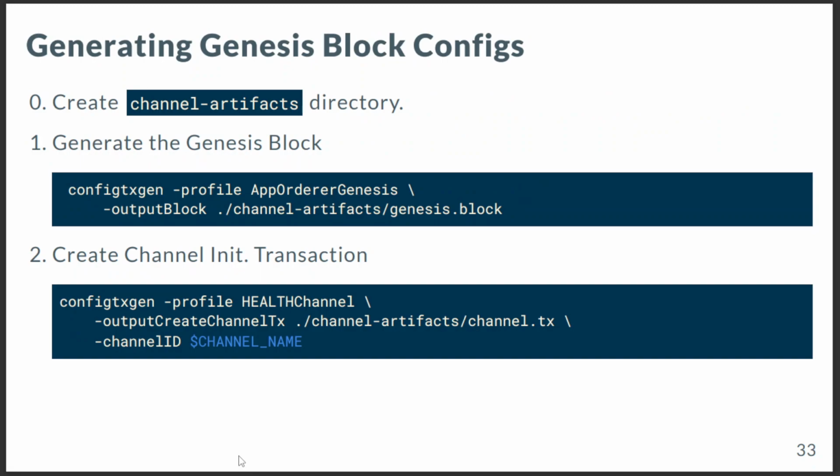Generating the Genesis block configs. So for the Genesis block configs, we have to use the configtxgen. This is another binary that we use from the Fabric binaries to generate the